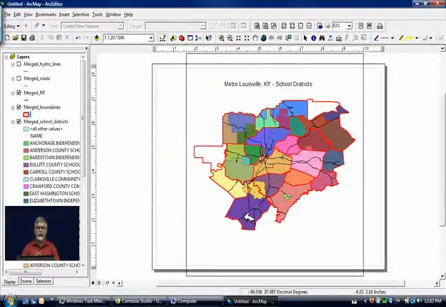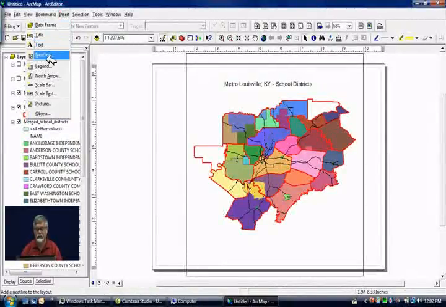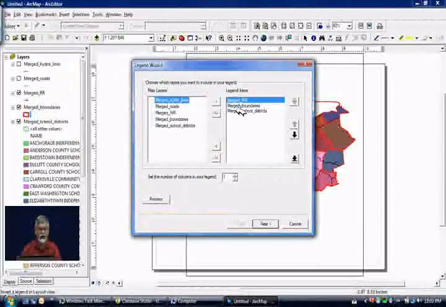The next item I want to put on my map is a legend. So I'm going to go to Insert, and down here you see Legend. What do we want in the legend? Well, railroads are turned on, county boundaries are turned on, and school districts are turned on. That's going to be a lot of names to put on there, but we'll see if we can make this